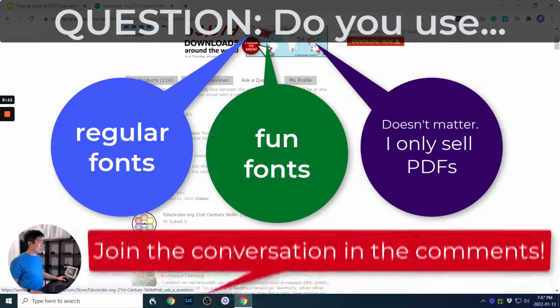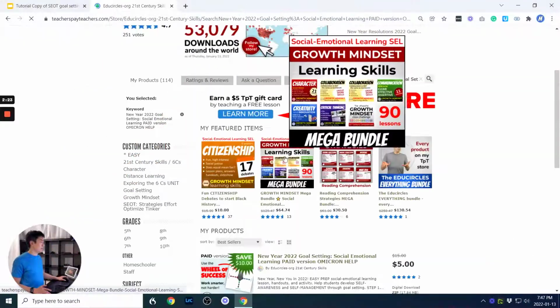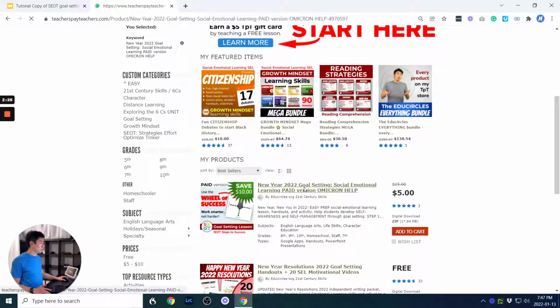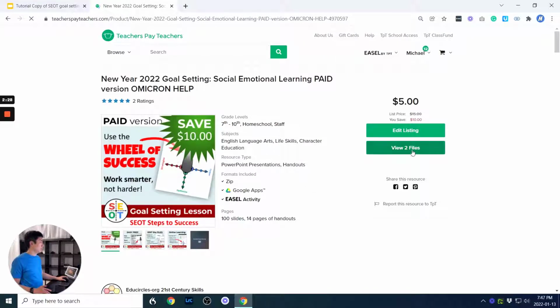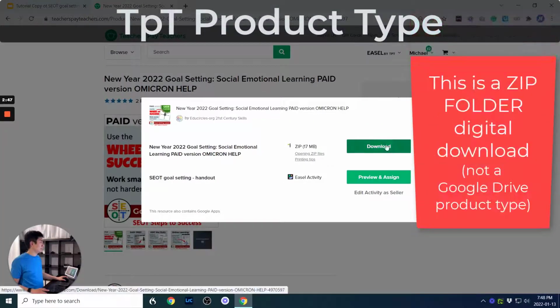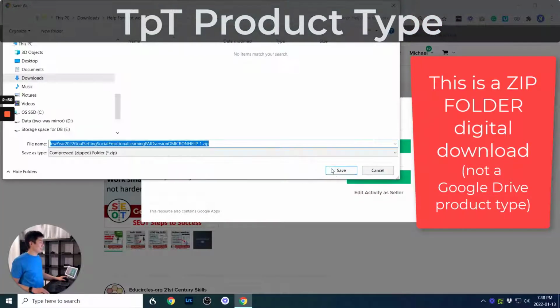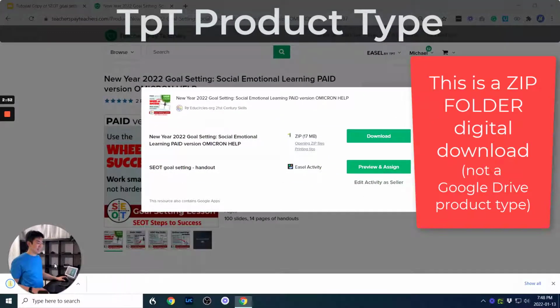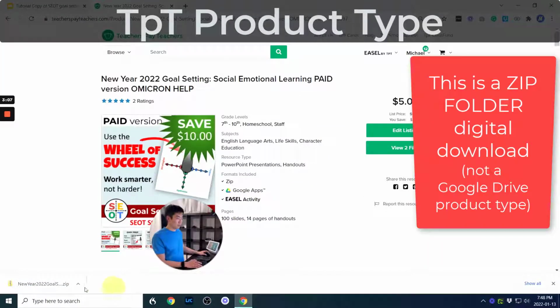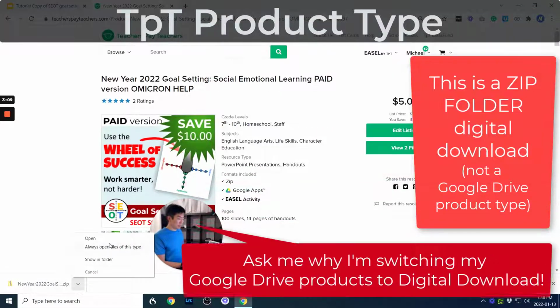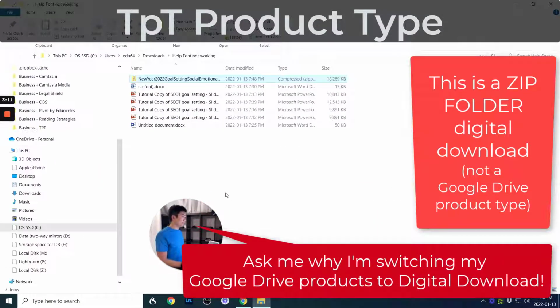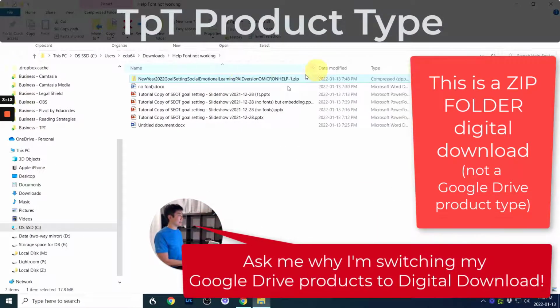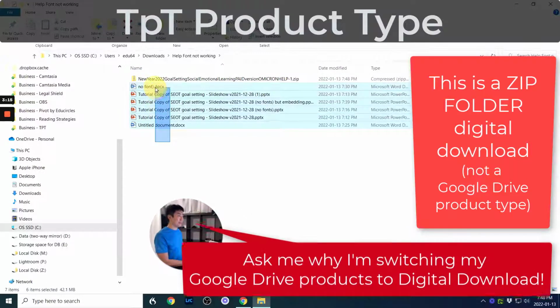Okay, so I'm going to go to this product to show you what I mean. Let's find it. Here we go. Here's the resource. Okay, I'm going to click on View to Files. Let's download this to my computer. There we go. I'm not sure what's happening. Here it is at the bottom. Oh, there we go. Now I'm in it. Okay, so I'm going to show this in a folder. Okay, so you can see I've been practicing a lot. I'm going to get rid of those files.